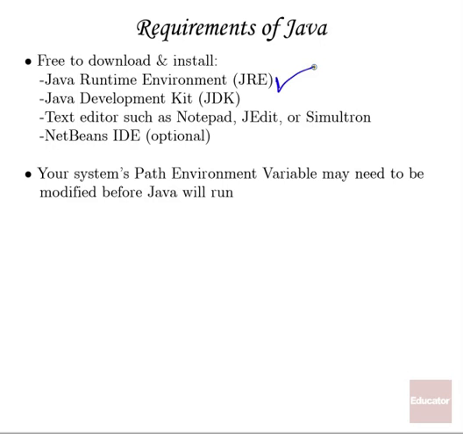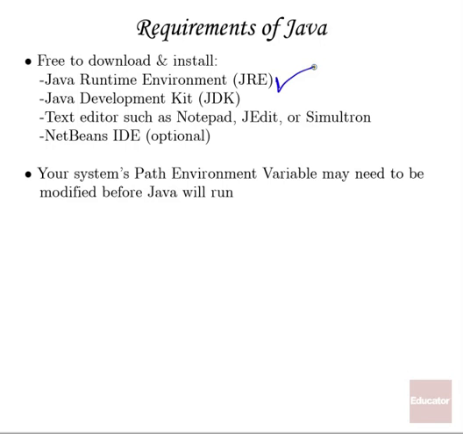But maybe it's a very new computer, maybe it's a computer that you just installed the operating system on, in which case it might not be there. Most of these things that we're talking about downloading are available for free download at sunmicrosystems.com/Java or just java.com. You should have no problem finding these things and downloading them and then installing them. Follow the instructions to install, and then you can start programming in Java on your own system.